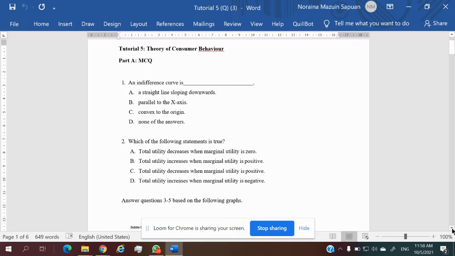Alright, class. So the first question: an indifferent curve is, okay, the indifferent curve shows the satisfaction level when you consume certain goods and services. So if I want to show the graph,